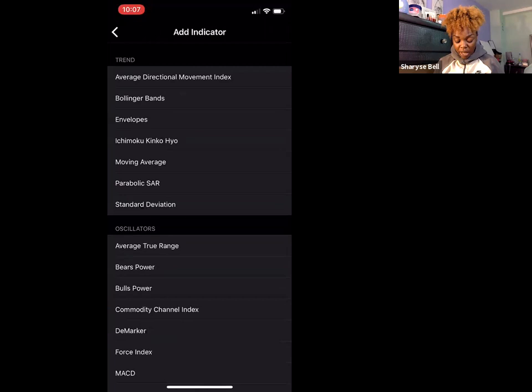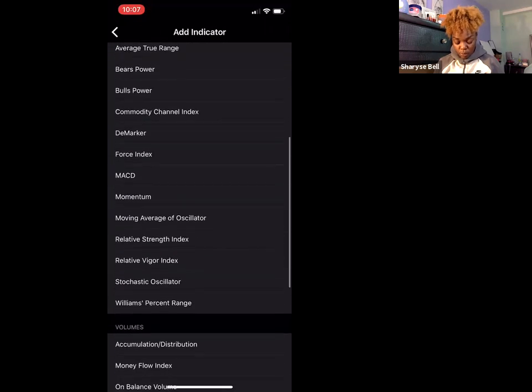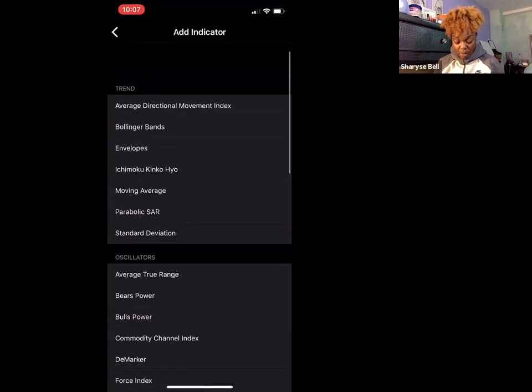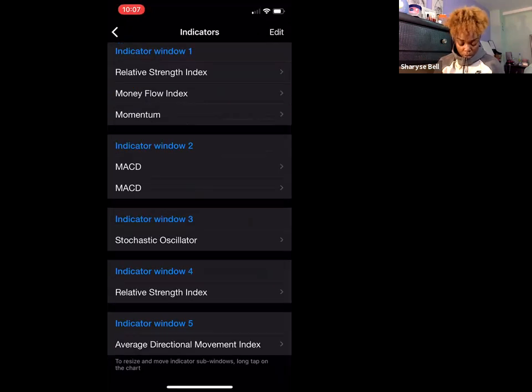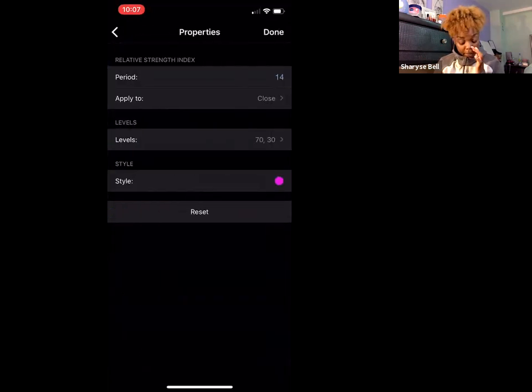We use a couple of moving averages as well. Sometimes we use the MACD, the Bollinger Bands. I'm not going to get into it. I just want to show you guys where you can access it if you do want to add it to your charts, right? Now, to go into the RSI, you're going to go to whatever window your indicator is on,